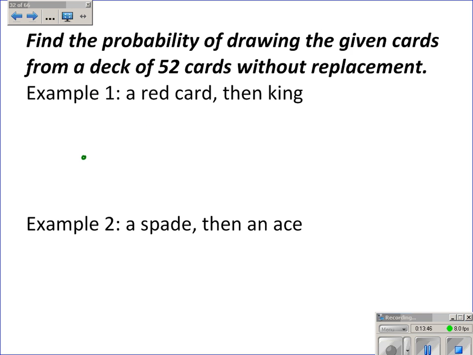There's a 50% chance of you drawing a red card. Now, the next card being a king or not depends on what you drew the first time. So it being a red king, there's two red kings. Now the probability of you drawing a red king would be,